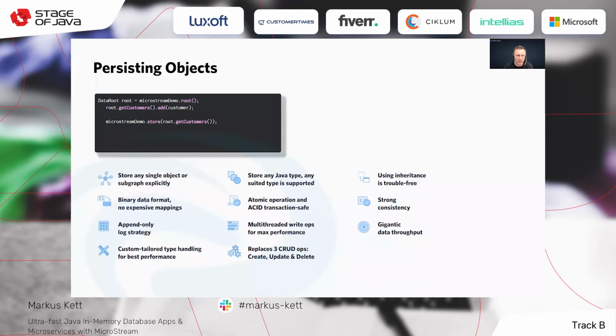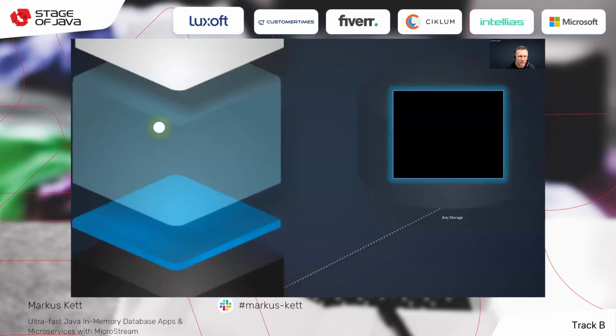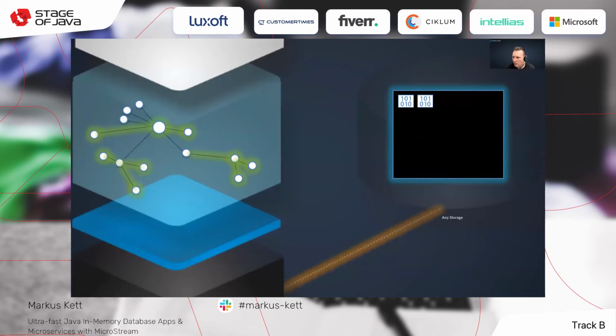So we have an append-only log strategy. Each store is appended to your file storage. We never overwrite data in a file storage. This is very important to mention. So we add some objects here, and we store it, and then we store a new binary file in the file storage. We add some more objects, call the store method again, and we store another binary file to the file storage, appended, and so on. We add some more objects, we store it, and a new blob is stored, appended to the file storage.